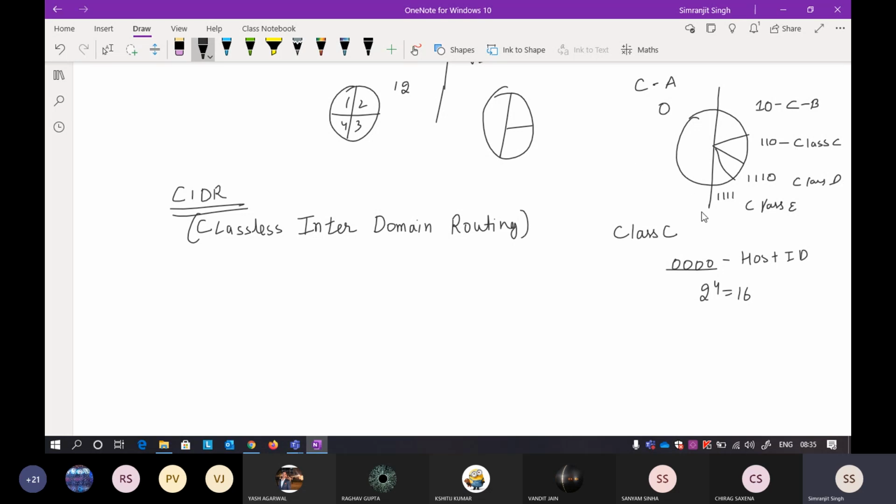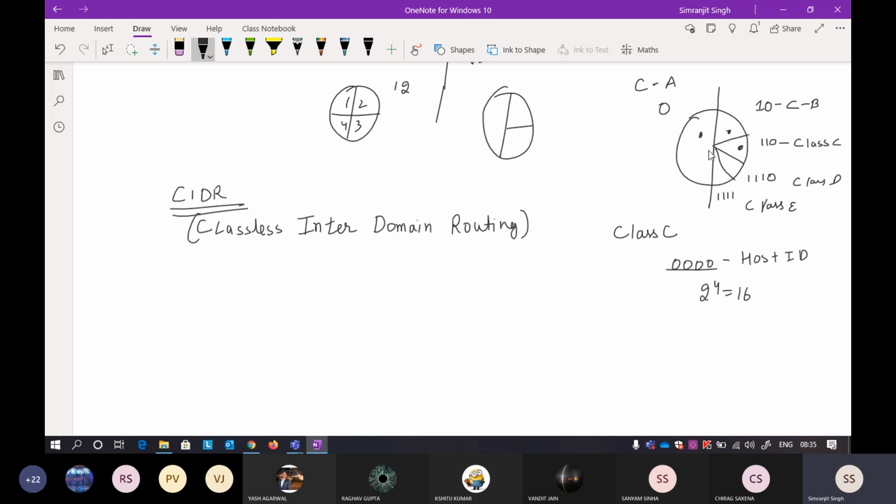If you're seeing here, the representation looks like that. If you want any IP address, you will get it from one of these classes. So there is a proper structure to it. But if I am purchasing some network in class C, I will not be able to get many addresses. If I am purchasing a network in class A, I will be able to get many addresses, because there are around 16 million IP addresses in only one network.